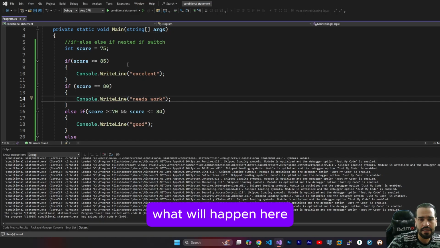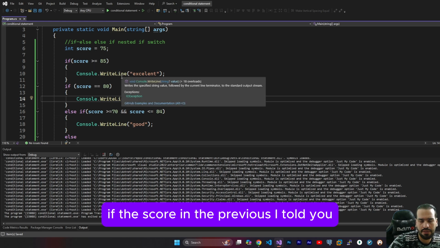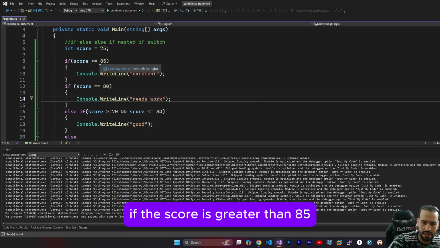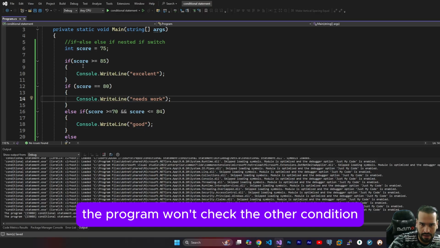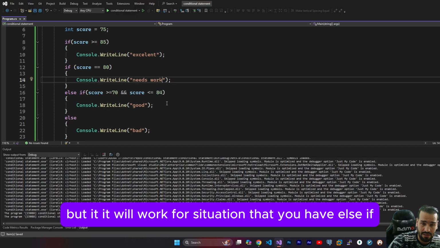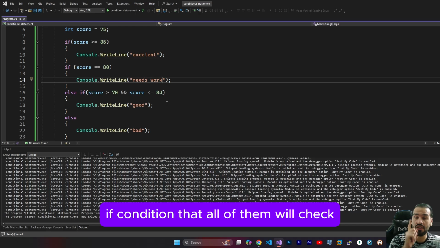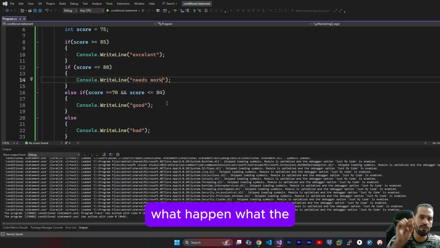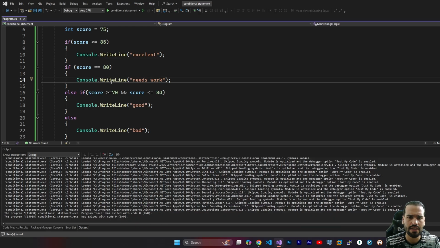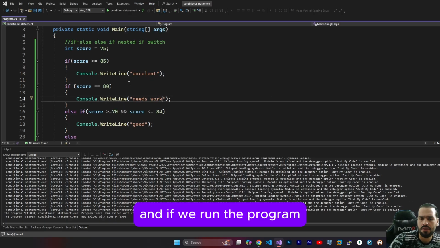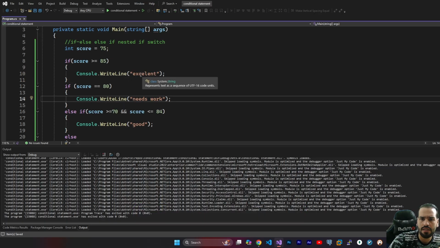What will happen here? In the previous example, I told you if the score is greater than or equal to 85, the program won't check the other condition, but that works for situations where you have else if or else. But if you have two or three or more than one if condition, all of them will be checked. If we run the program, we will see in the output